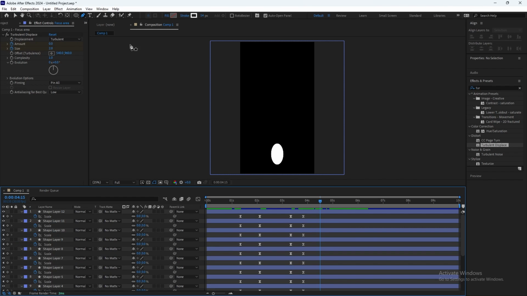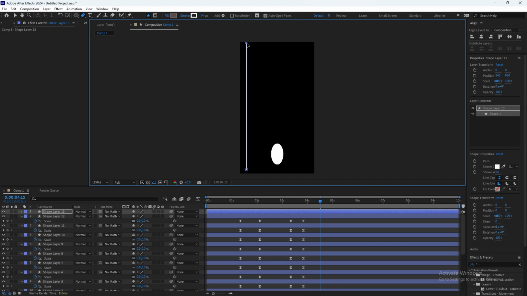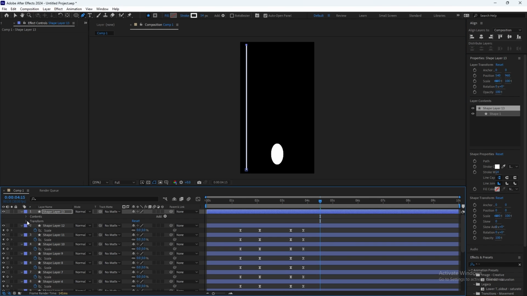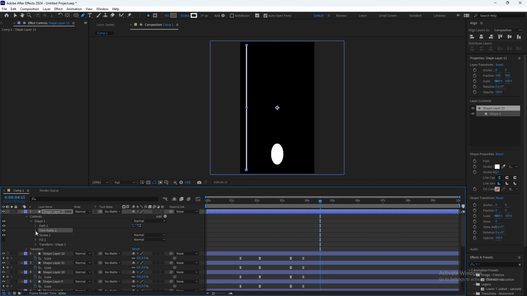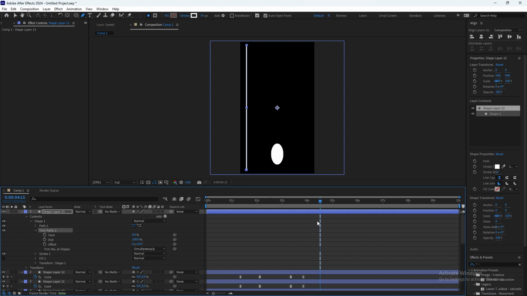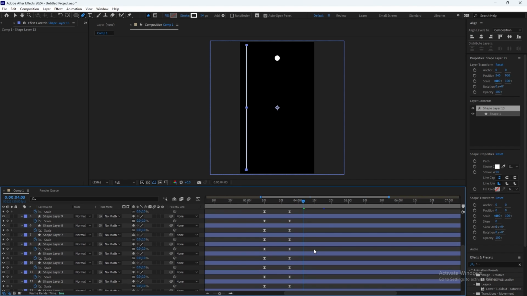okay, now select the pen tool. Click one at the bottom, one at the bottom, one at the bottom, one at the top. The stroke 14 is fine. And go here, select add, trim path, and let's start it like when it starts to go down.